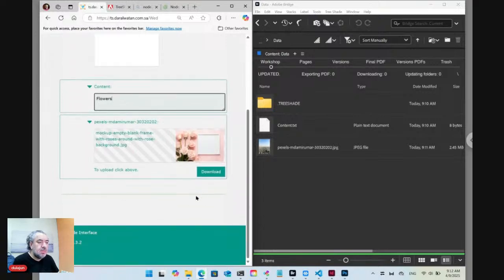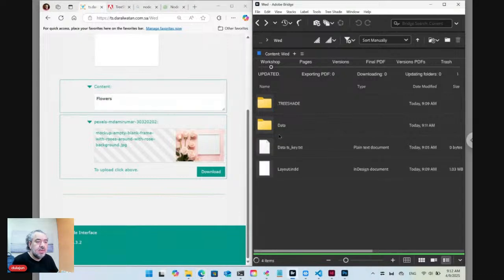Here I have a problem. There is no submit, no update or submit button, because I need to add that in the TS key,